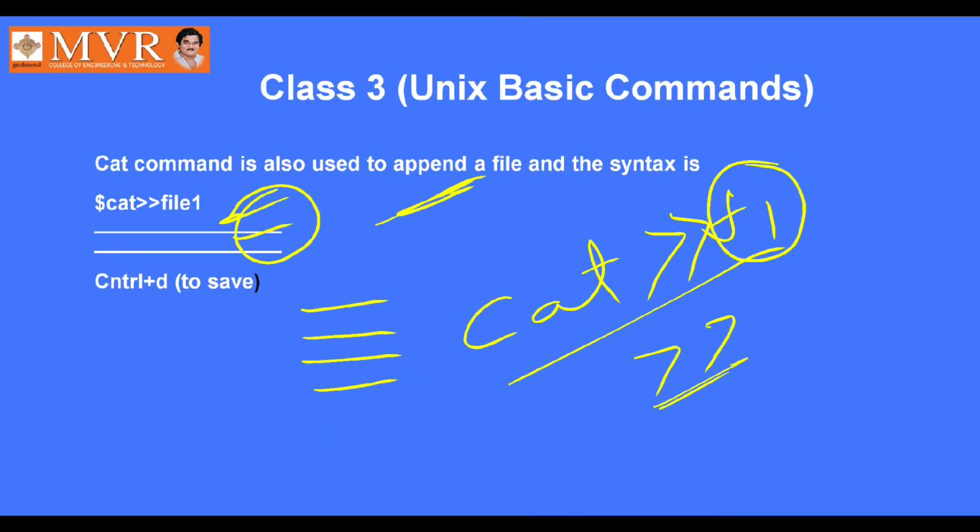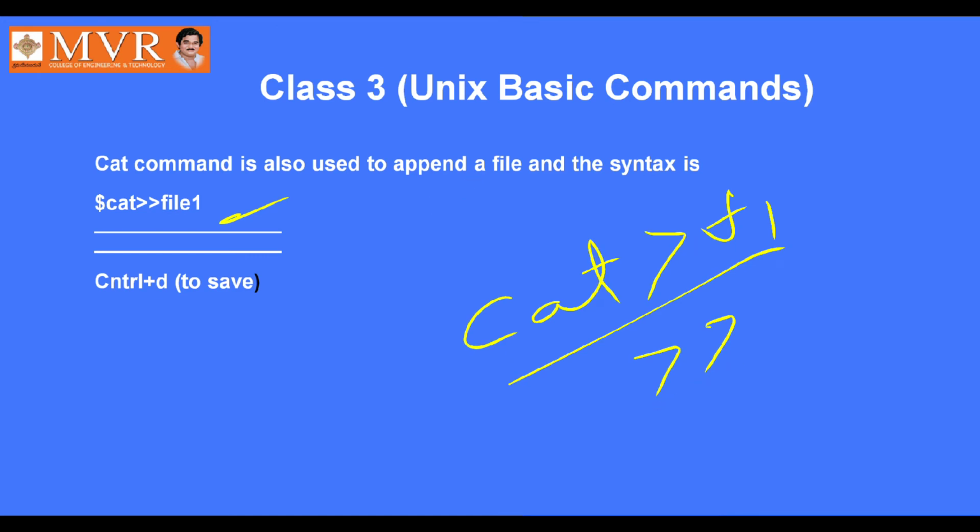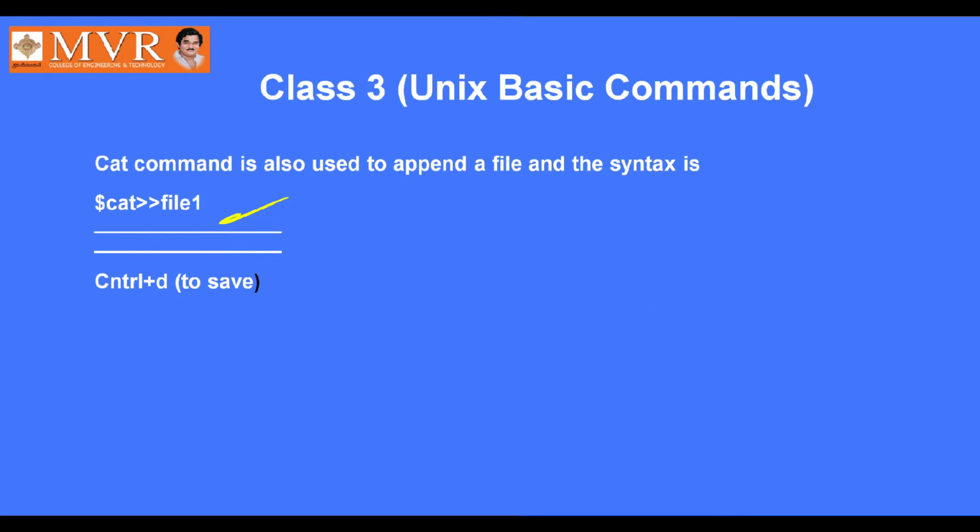The file already exists with some information, and now what you want to do is add some more information to the existing contents. That will be done by using this append command. Between it and cat file creation there is only a small difference: we use a single greater than symbol to create a file, and a double greater than symbol to create or append to an existing file. Okay,